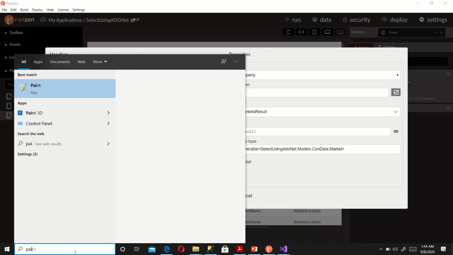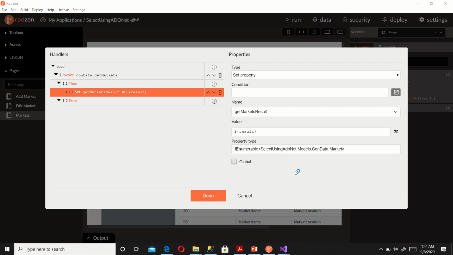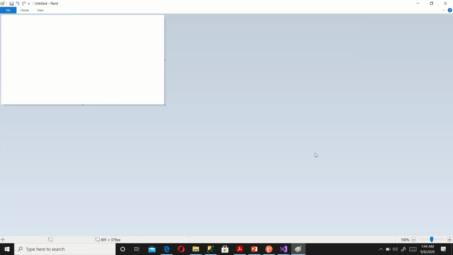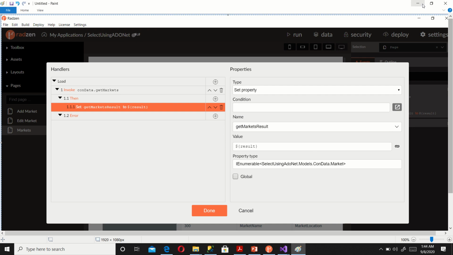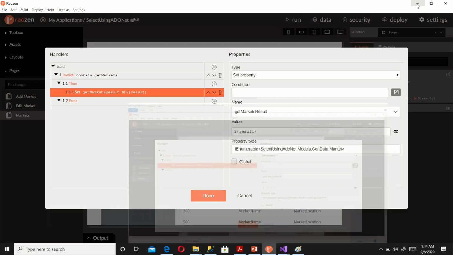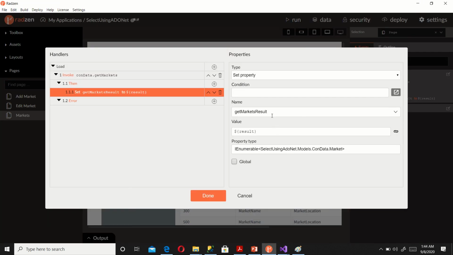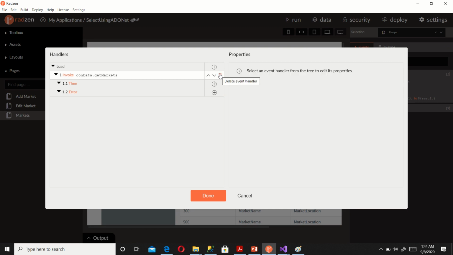Now in order to reorder this, I'm going to copy what I have on the screen. I'm going to put it in Paint. Minimize. I'm going to copy this get markets result. I'm going to delete this. I'm going to delete this. Then in my load event handler,